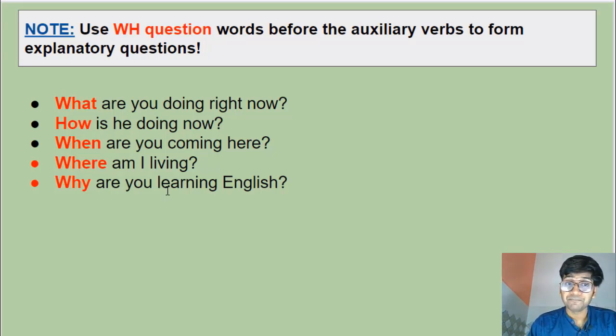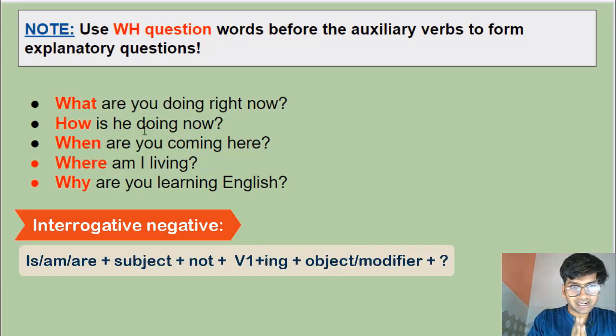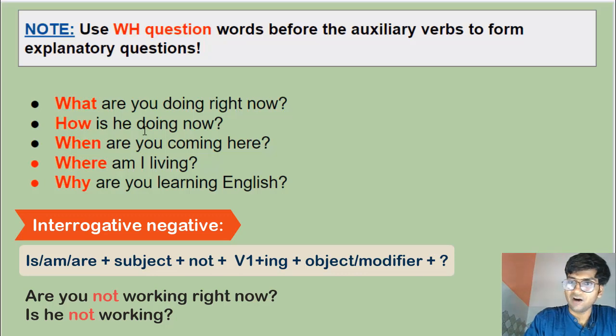So if you want to ask a question that needs to be justified, you gotta answer that, right? You cannot answer in simple yes or no. Use WH question words in the beginning of the sentence before the helping verb, right? If you simply want to ask a question that can be answered in yes or no, follow the previous structure. That's interrogative sentences, okay? And if you want to form interrogative negative sentences, just simply use not after the subject,